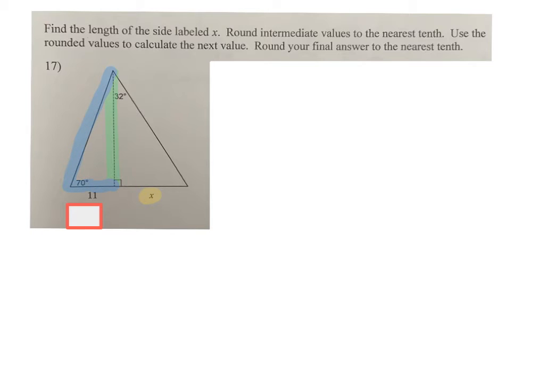So if I were to look at just this 70 degrees, I'm going to label my triangle opposite and adjacent. I'm solving for the opposite side. I have my adjacent side. So that means I am going to use the tangent function. Tangent of 70 degrees should equal opposite over adjacent. And so when I solve for this, I'm going to multiply both sides by that 11. And in my calculator, I will do 11 times the tangent of 70, which will give me